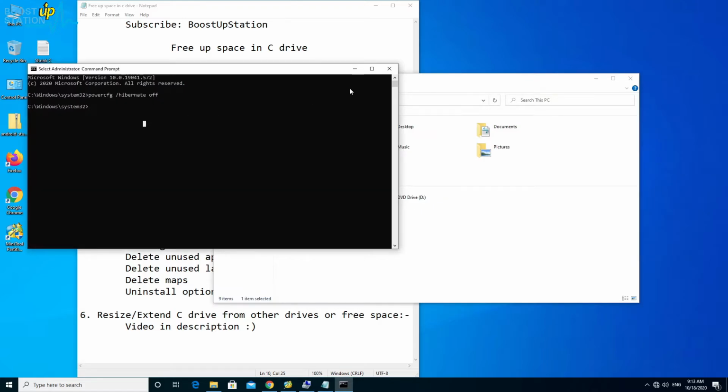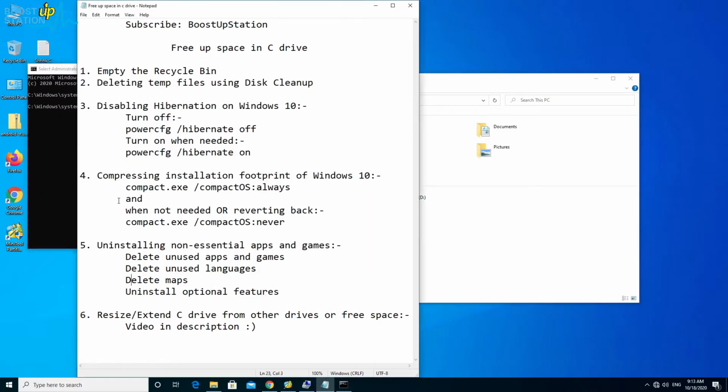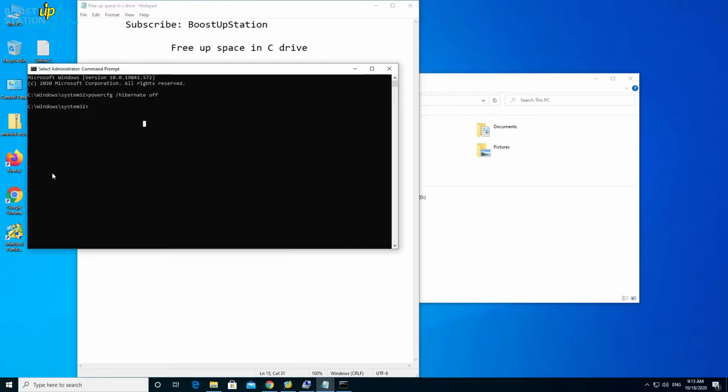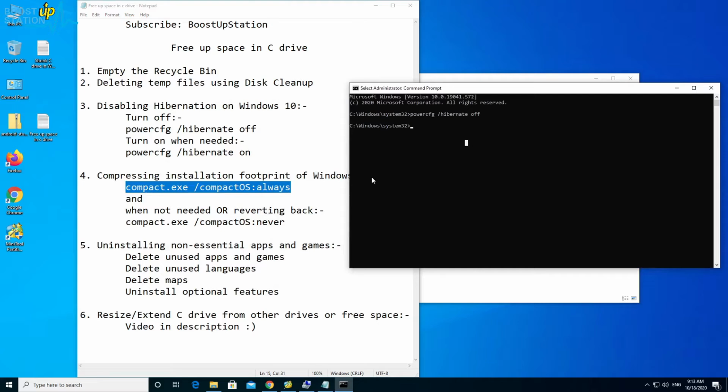Now after turning the hibernation off, you just have to compress the installation footprints of Windows 10 if you want. It will also decrease the acquired space. So just type this command right here in the cmd, compact.exe /compactOS, and always you need to make sure that the OS is in capital letters.